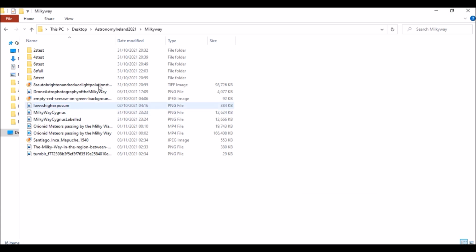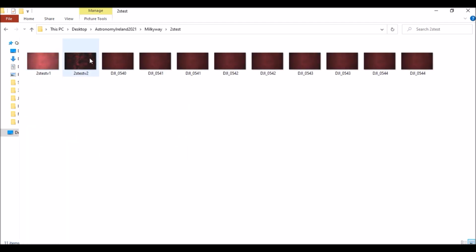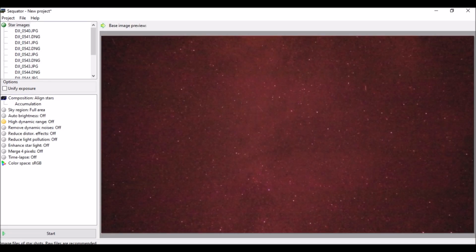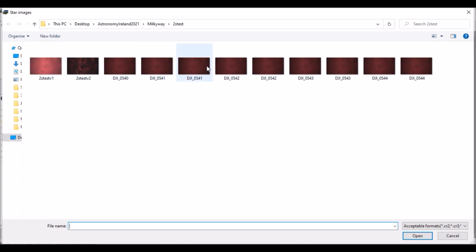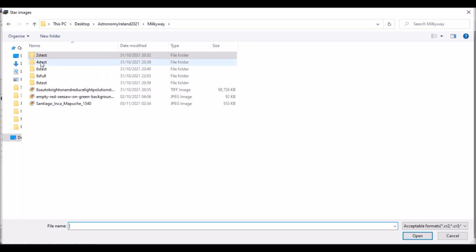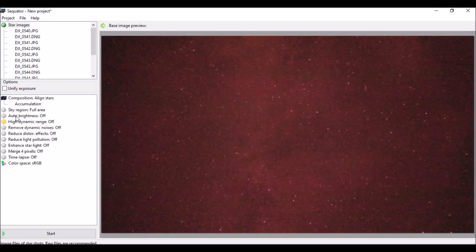So that being said, I did a bit of preliminary testing, and how I did this testing was in Sequator. So Sequator I introduced to people who are viewing this channel from the last video, but with Sequator you can open a file, you can upload your star images, you can upload all of these images here by selecting them. I did this previously, and you can go through each folder that you can arrange your photographs in. So here I have the 2-second test exposure photos. I have 10 of them, and I can do different